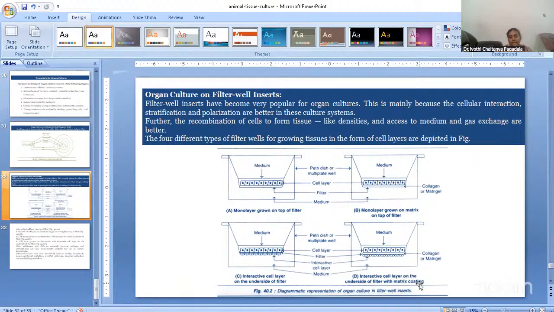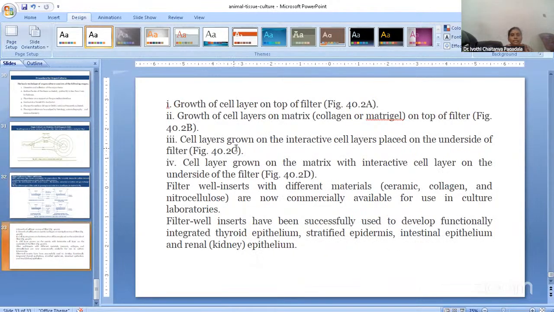The interactive cell layer on the underside of the filter, and the interactive cell layer on the underside of the filter with matrix coating. This picture explains the growth of the cell layer on top of the filter, the growth of the cell layer on a matrix made of collagen or Matrigel on top of the filter, and the cell layers grown as interactive cell layers placed on the